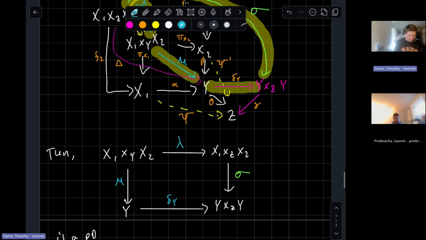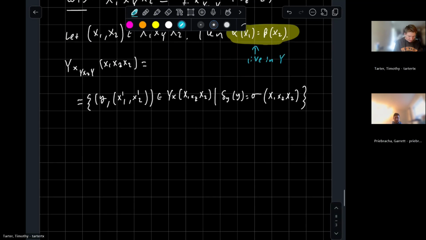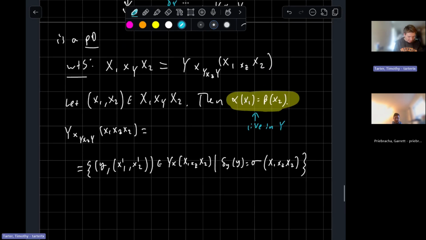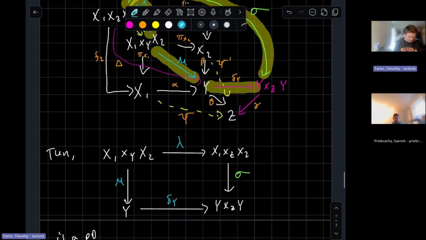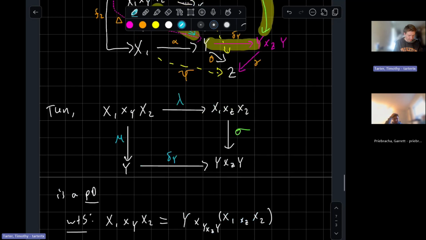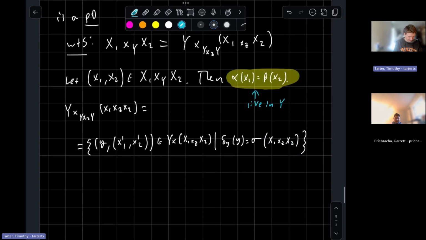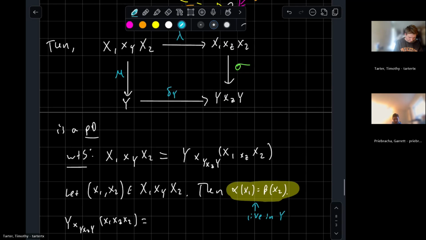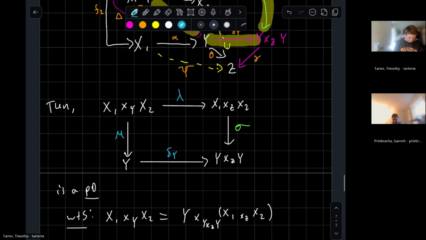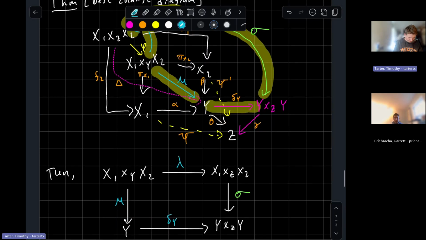These live in y. And so then we're saying that since they live in y and since delta y goes into the fibered product of the diagonal morphism, that this